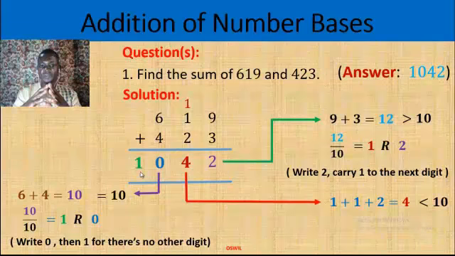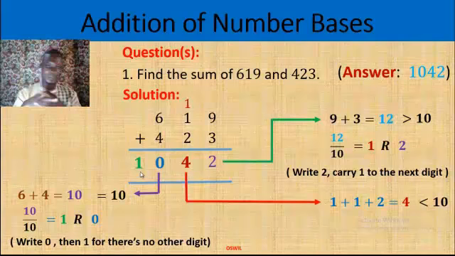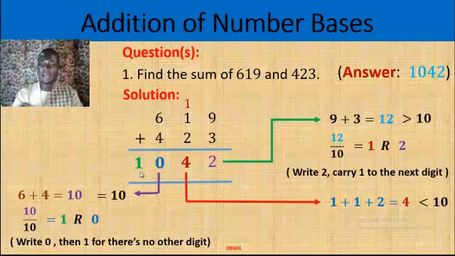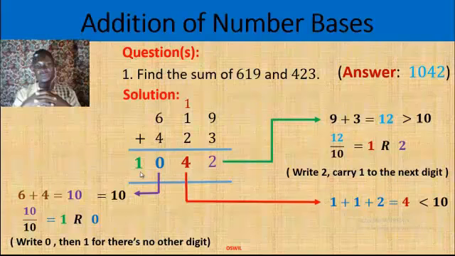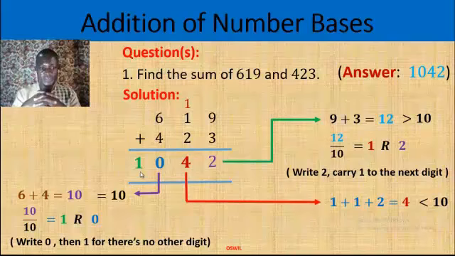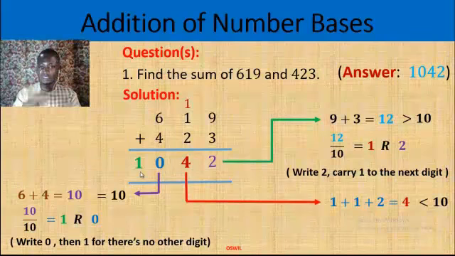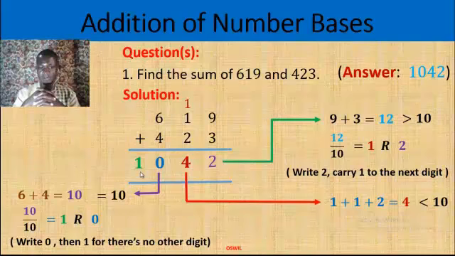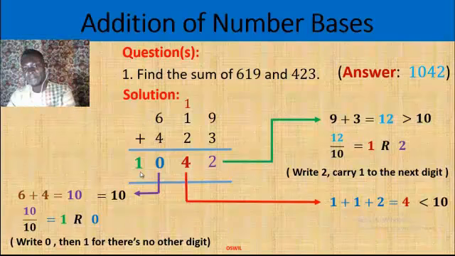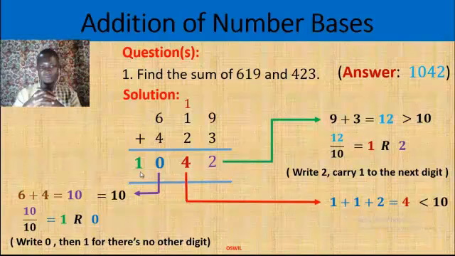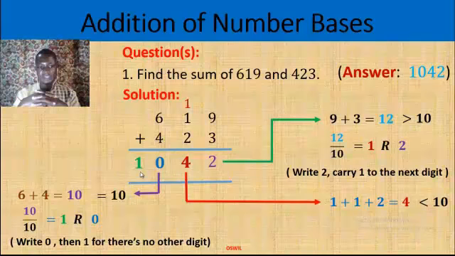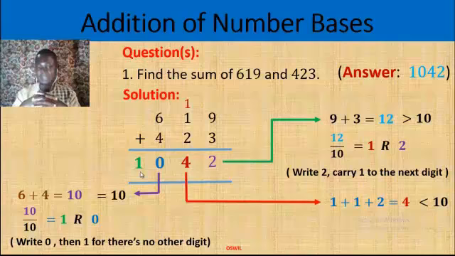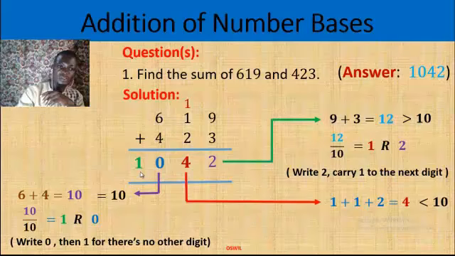Now, the only difference in this would be the step you used, but the same answer. And these are the steps we are going to follow in solving the other numerals in the same base other than base 10. I hope this is well understood. This is the idea behind your answer, 1042. The final answer is 1042 base 10. If you want to bring the base, let's move on to